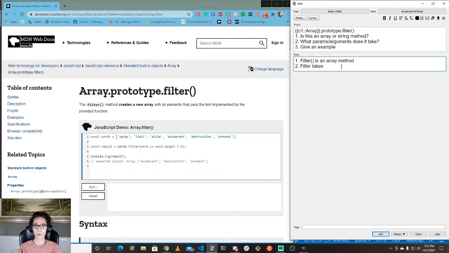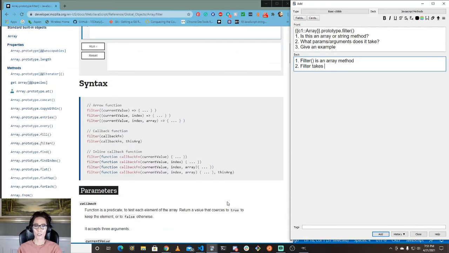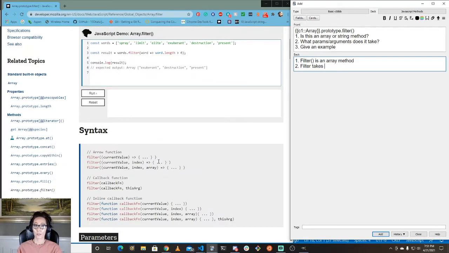Okay, so this is going to take, well, it takes the current value, index, and array. Okay, okay. And then,